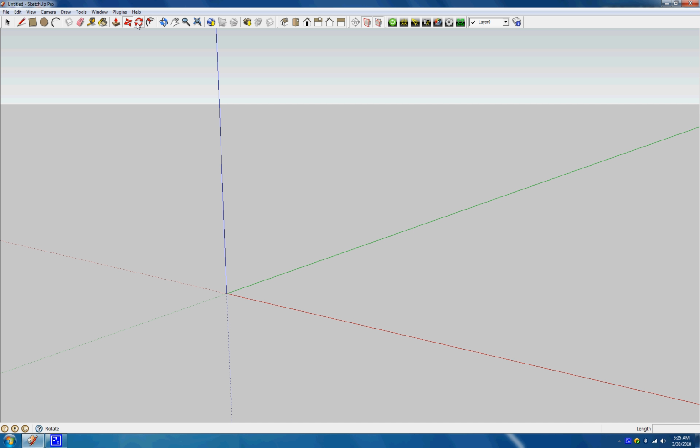Next is the offset tool, where you can offset something by a certain amount of inches or feet. The orbit tool is the O key on your keyboard, and it's also the middle button on your mouse, which is pretty much the way I use it the most. That's to orbit around